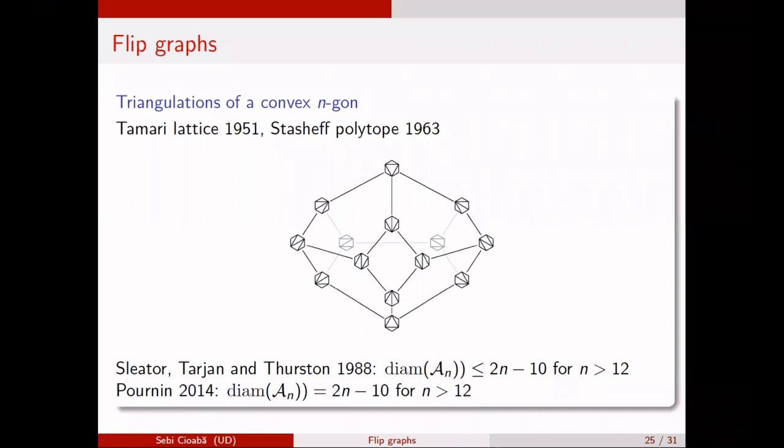So here, basically, you take n greater than or equal to 4. In this picture, n equals 6. You take a convex n-gon, and you take all the triangulations of the convex n-gon by n minus 3 non-crossing diagonals. The number of them is the Catalan number. And two triangulations are adjacent